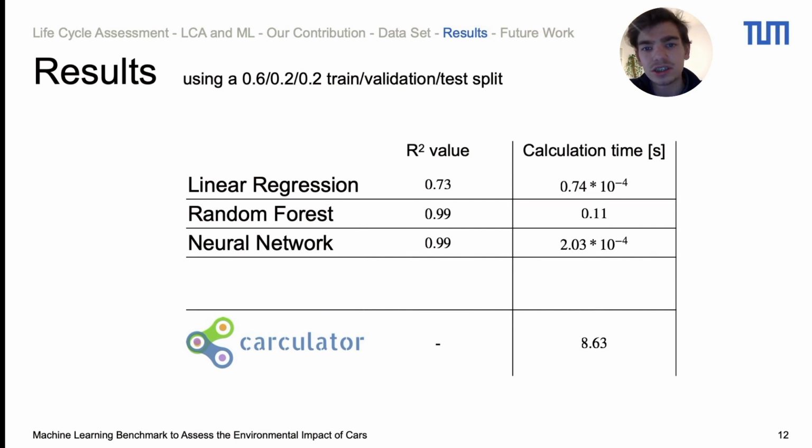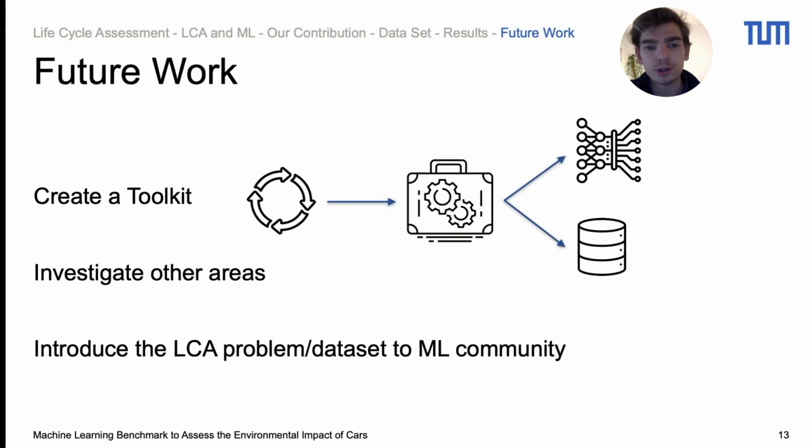Here you can see that the neural network is 4 orders of magnitude faster than the traditional approach using calculator. The random forest is slower, it makes it up in training time, but still almost 2 orders of magnitude faster than the calculator model. In future work, we plan to create a toolkit that can take a parameterized LCA model